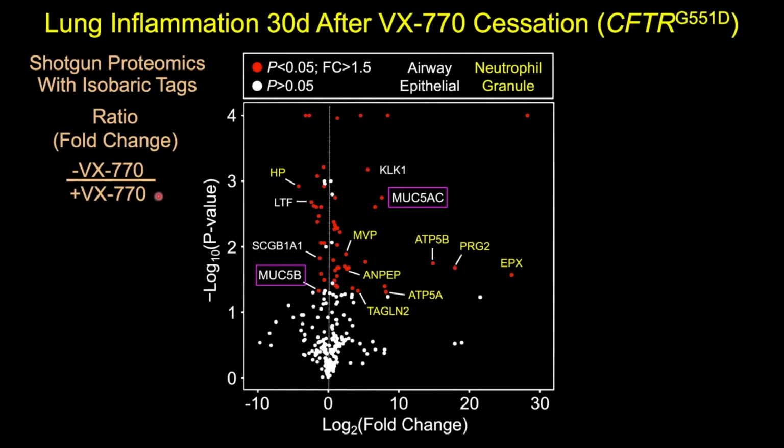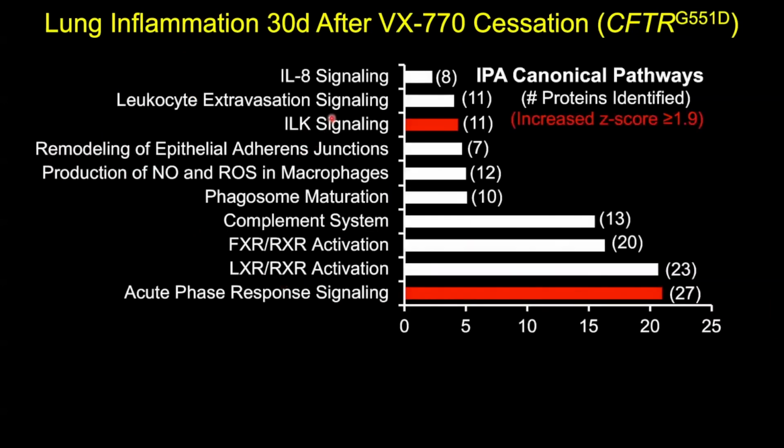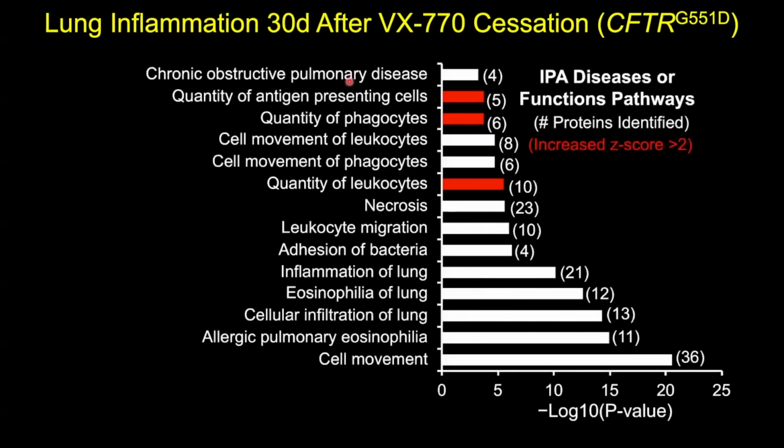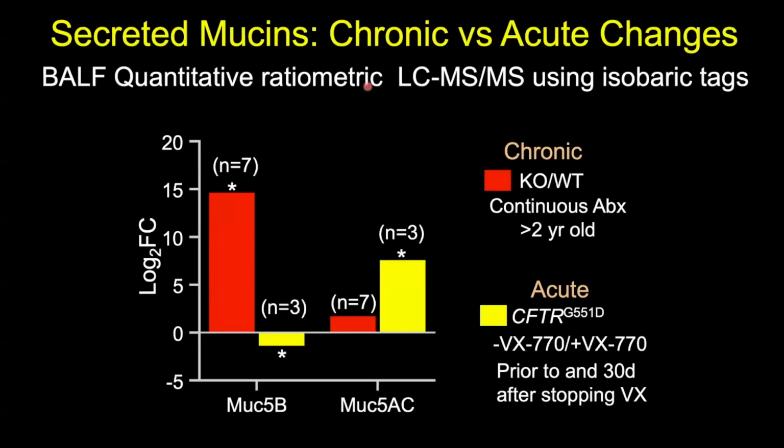be in the presence of the VX770, demonstrated a significant amount of inflammatory mediators contained within neutrophil granules, upregulation of MUC5AC, and a downregulation of MUC5B. Pathway analysis also confirmed a significant amount of inflammation, and disease pathway functions also come up with many indicators of pulmonary disease and inflammation. If one compares the MUC5B and MUC5AC expression between 2 groups of ferrets, chronic disease and